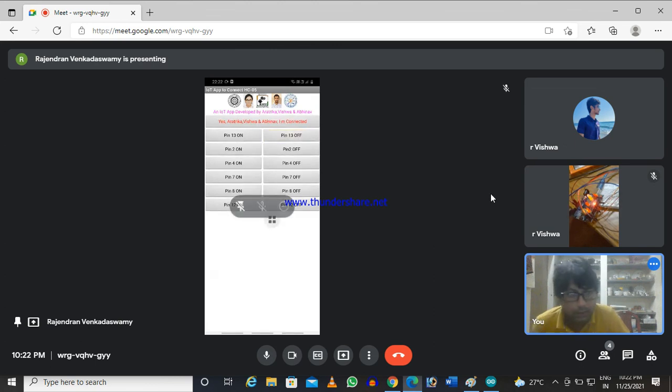Okay, I am not able to show that, but if you hit pin 13 on, then that particular LED will be on, and if you hit 13 off, it will be off.